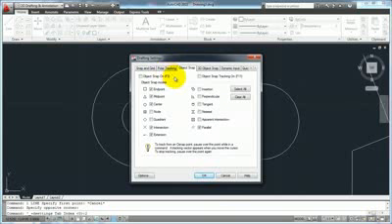This is going to bring up your OSnap settings. What you can do is turn on what's called running object snap. It means that your OSnaps are on and always looking for an OSnap all the time. And you can define right here, or check, which modes you want to be on. You can either hit your F3 key, or bring up this dialog box and click this